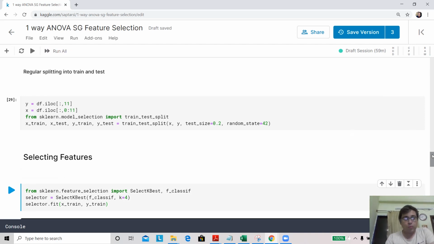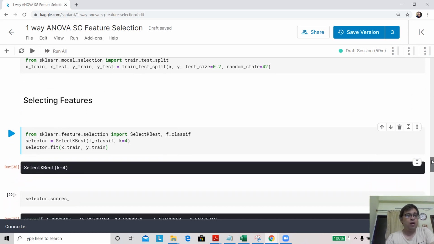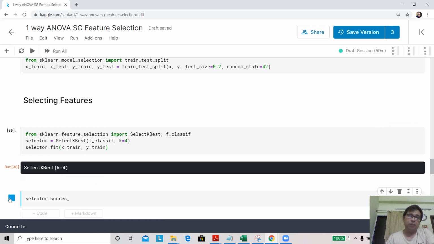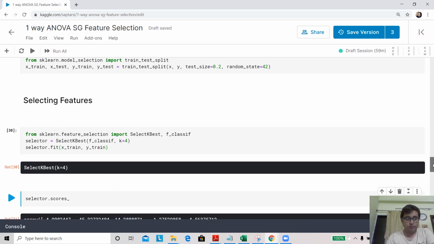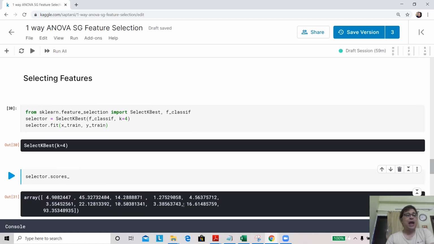So I select my features now. If I run selector.scores_, this will give me the F scores. You see that I had 11 attributes, so you have received 11 F scores over here. Now SelectKBest is going to give you the top features.